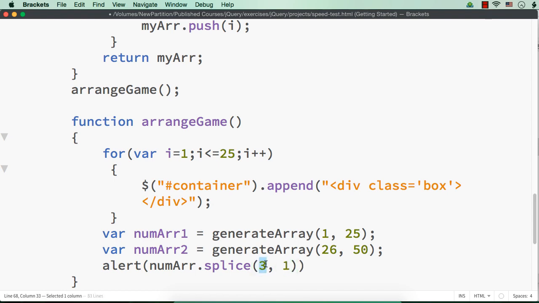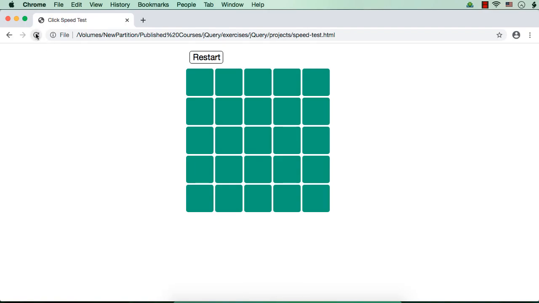It will search for the item at index 3. Which will be that item? It will be 4 because the index starts from 0. So it will be 4 at index 3, and here we have specified 1, which means one item should be removed. So if I try to alert this, let me refresh.